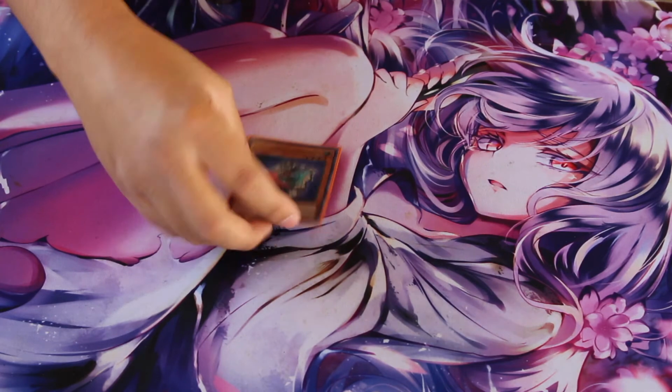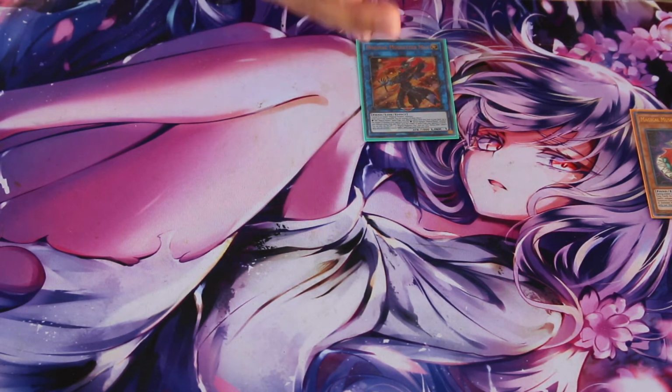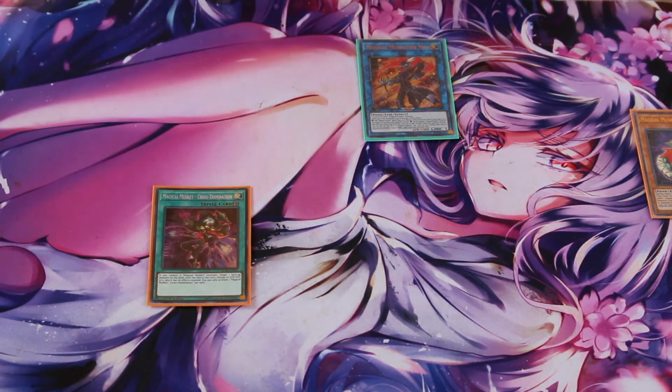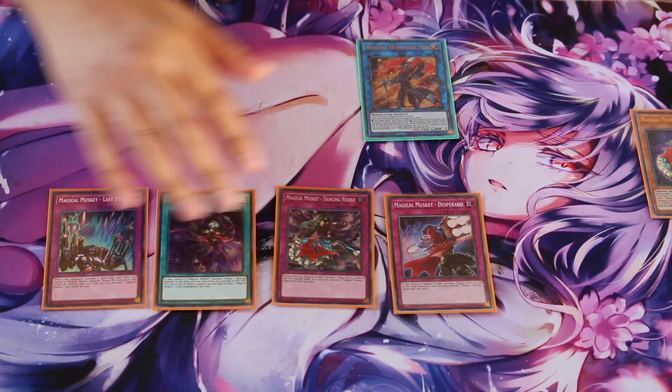You will normal summon your Magical Musketeer Starfire, and from here you will go right away into your Link 1 Magical Musketeer Max. And this time, let's just say your opponent controls a monster and doesn't have any spells and traps. Let's just say he controls 1 monster. He gains the effect that you could add spells and traps up to the amount of monsters your opponent controls. So he controls 1, you could add any of these 4 spells and traps from your